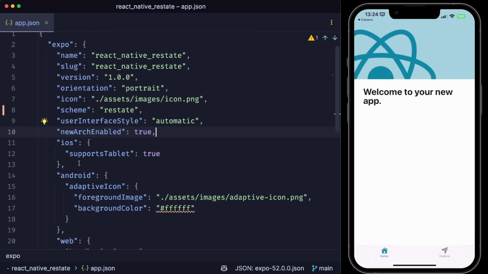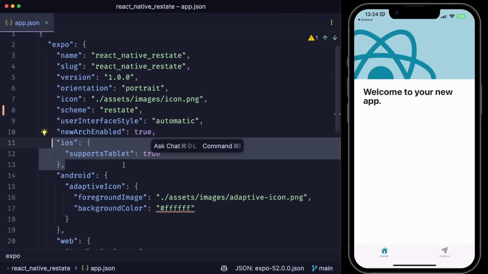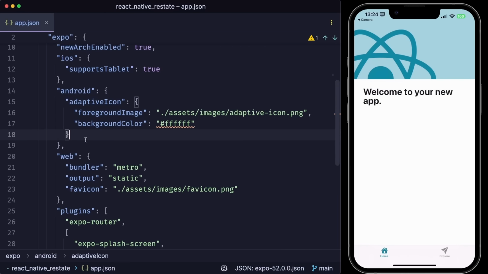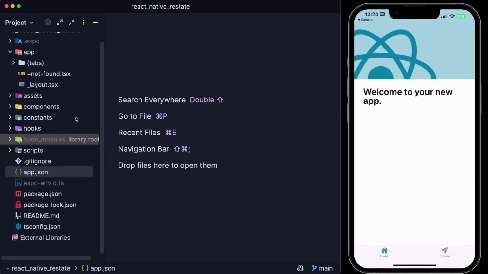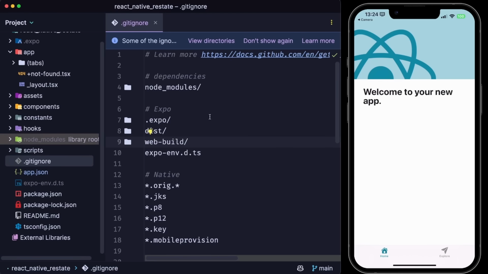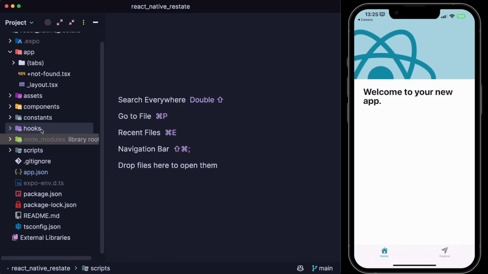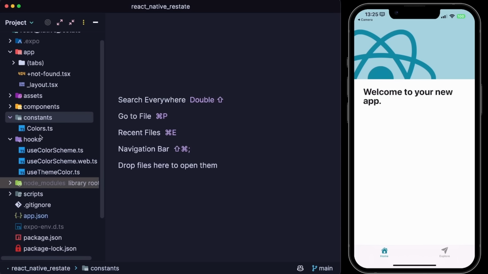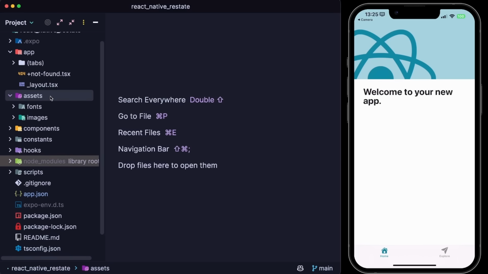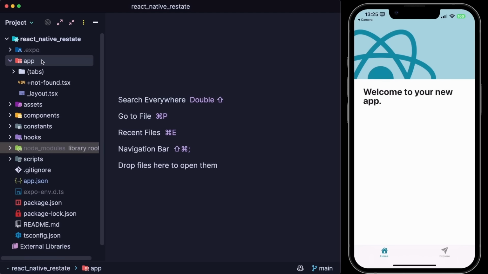Moving ahead, we have the iOS-specific features, whether we want to extend them on tablet devices, and same thing for Android-specific properties. Similarly, we have some web-specific properties as well. Now, coming out of the app.json, we have some other files, like the gitignore, where you can choose which files and folders you want to ignore from Git. After that, we have a scripts folder, which is used for resetting the project to bare minimum code, and some boilerplate code like hooks, constants for storing constants, some assets, and finally, the app folder, which contains the routing